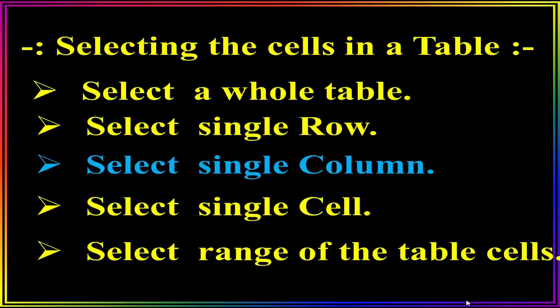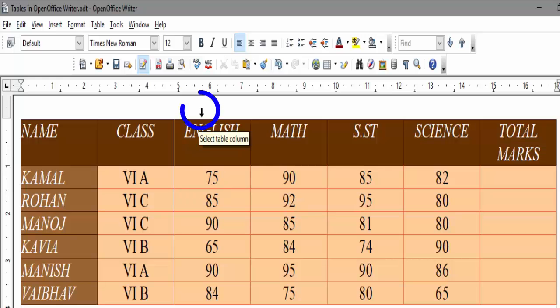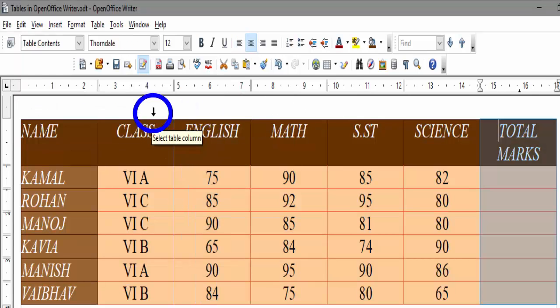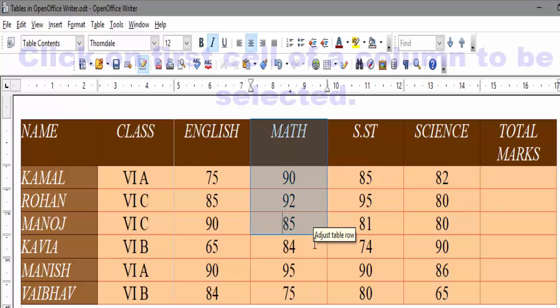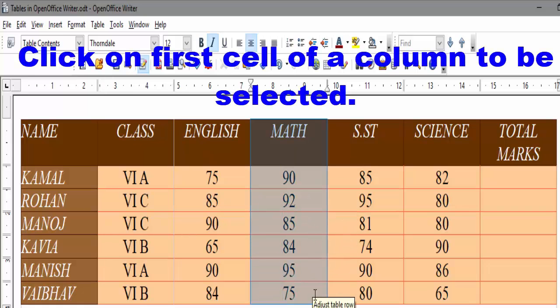How to select a single column? For that, position the mouse pointer at the top of the column whose cells are to be selected. The pointer turns to a downward arrow like this. Click the left mouse button to select all the cells of that column. Or you can click on the first cell of that column, hold down the left mouse button and drag the mouse pointer downward.